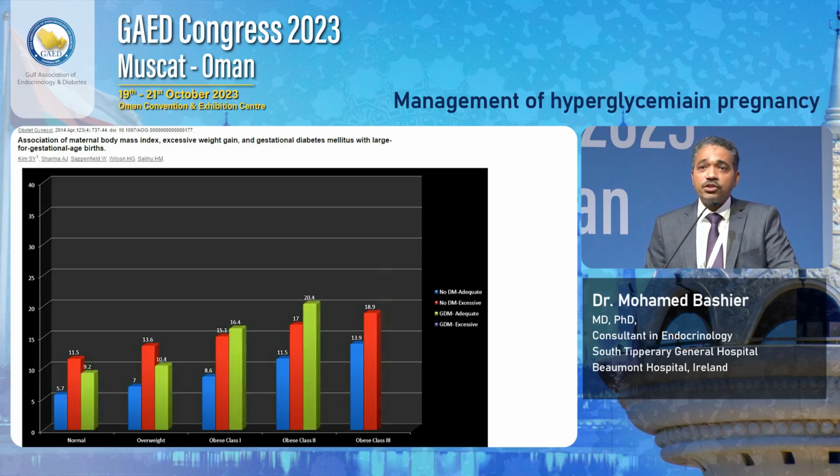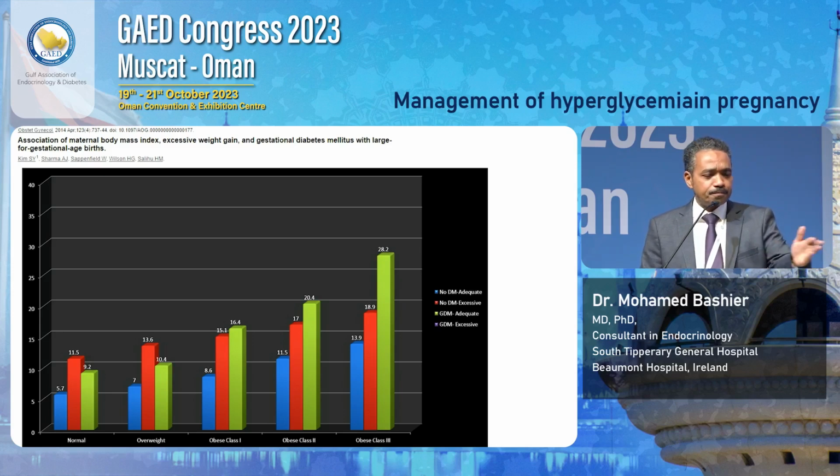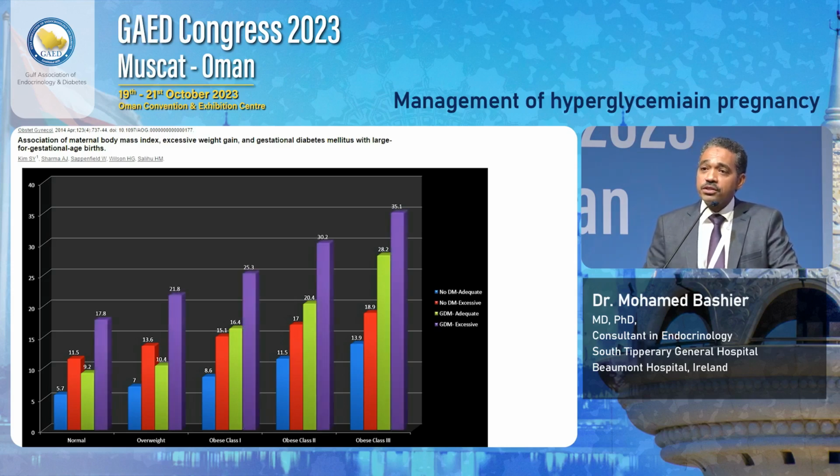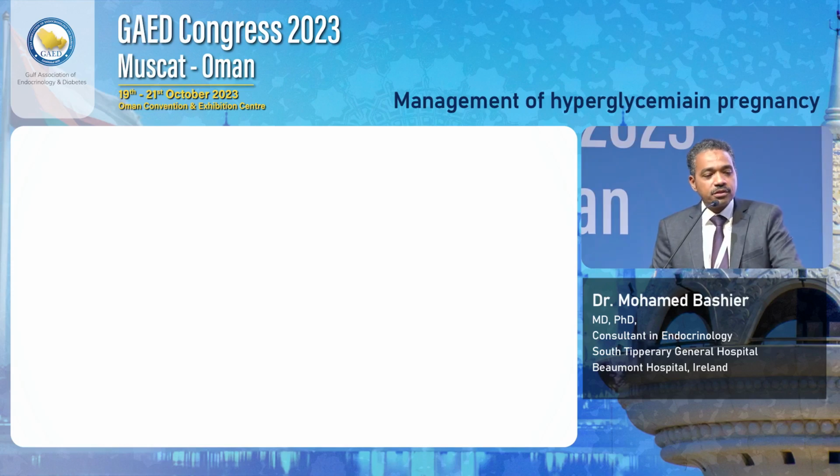Women in the green bar had gestational diabetes but did not gain a lot of weight. And you can appreciate that in the majority of the weight brackets, it carries a similar or sometimes lower risk of large for gestational age compared to the women who had excessive gestational weight gain. And now, putting them all together, you find that the risk increases quite exponentially in those patients. So if you want to take any message from this, excessive gestational weight gain carries exactly the same risk as gestational diabetes, if not more, at any point in time.